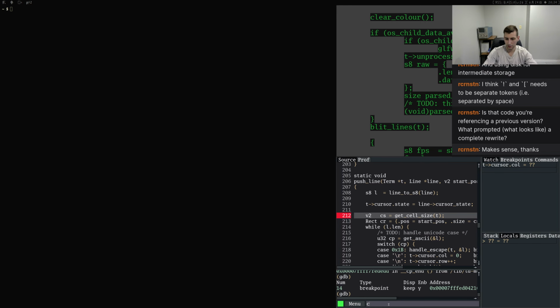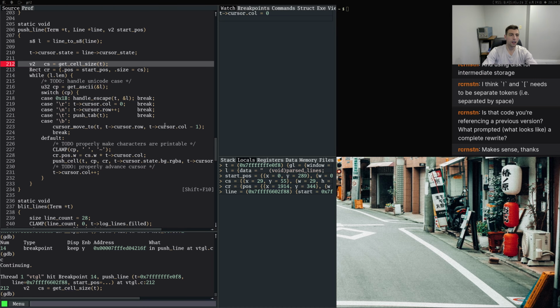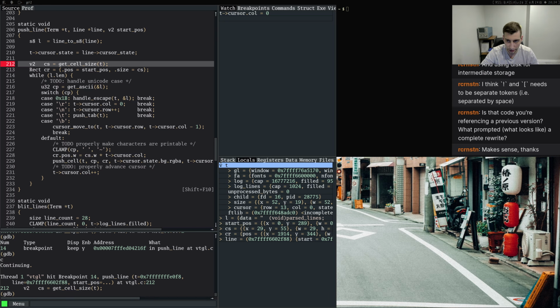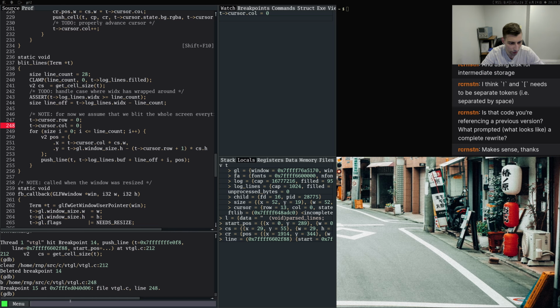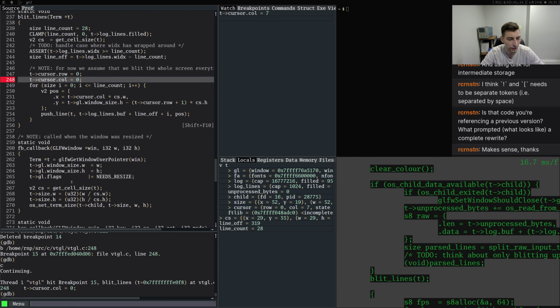I'll do this, continue, we get there. All right, so, oh, but I can't see that now because of resizing it like that. Right, that's annoying. Let's continue. Let's actually get rid of this one, and I will continue until here. Okay, so